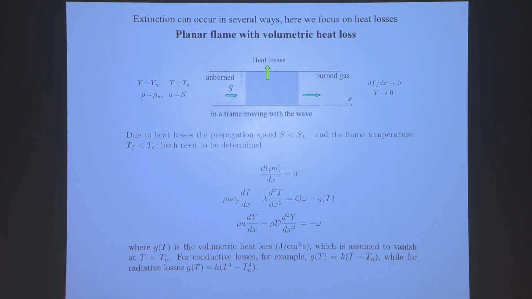So the plan is to add heat losses, and we are going to add volumetric heat losses, which means that it's a loss from the entire volume, not from walls or anything like this, even though I'll show you an example of heat loss from the walls later on. So due to heat losses, the speed will be lower than the laminar flame speed, and we want to address